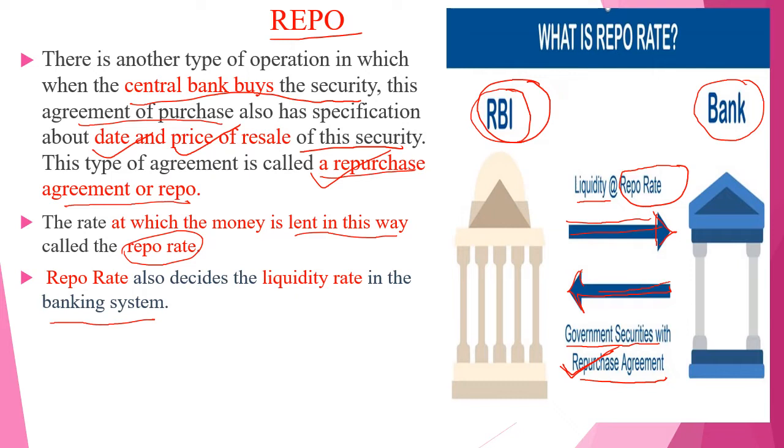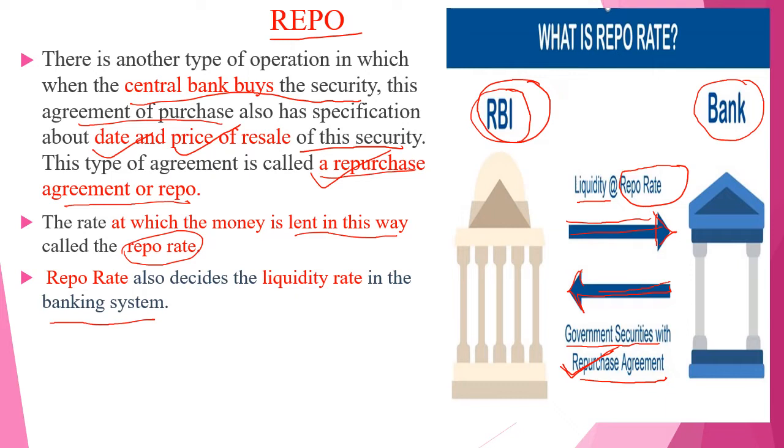You can connect this with bank rate. In the case of bank rate, there is no collateral. When a commercial bank wants funds from the Reserve Bank of India, it can take money at a rate. The rate at which a commercial bank takes money from the Reserve Bank of India is called the bank rate, and in the case of bank rate, no collateral is involved. But in the case of repo, a commercial bank takes money from the Reserve Bank of India and there is also some collateral involved when the repo rate is charged.